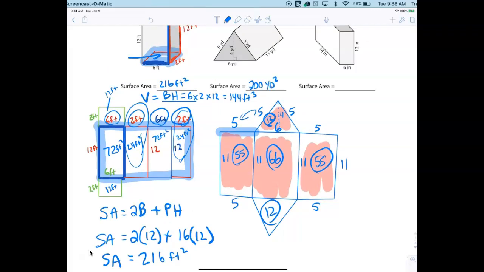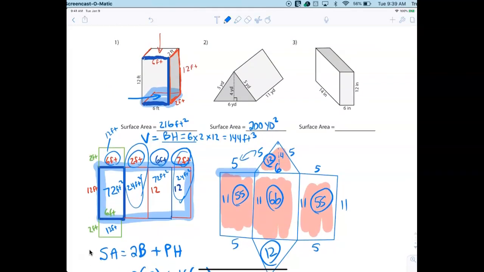Yes. I'm totally fine with that. And that's your option. That's your option. I just don't like drawing the nets. That's all. Right? And if you want, you can just kind of look at the shape and say, this is